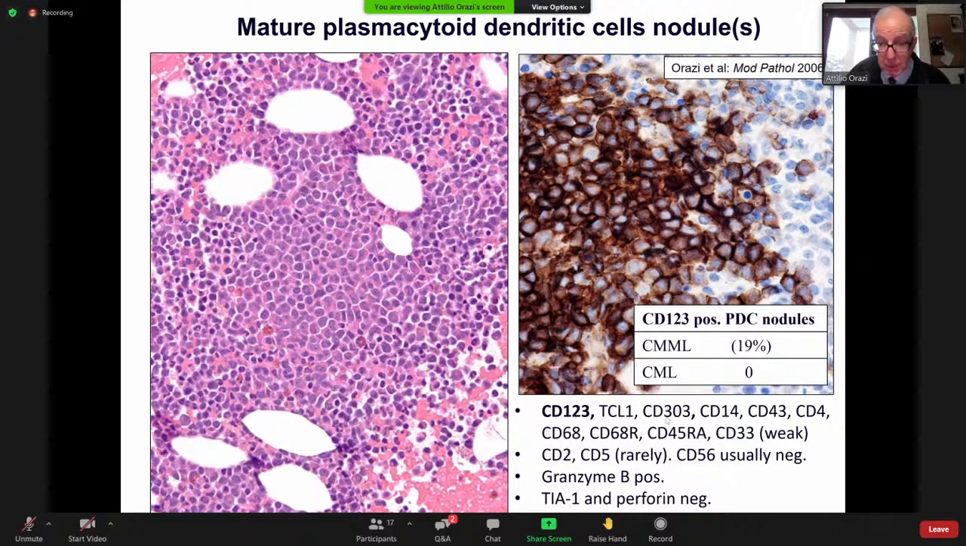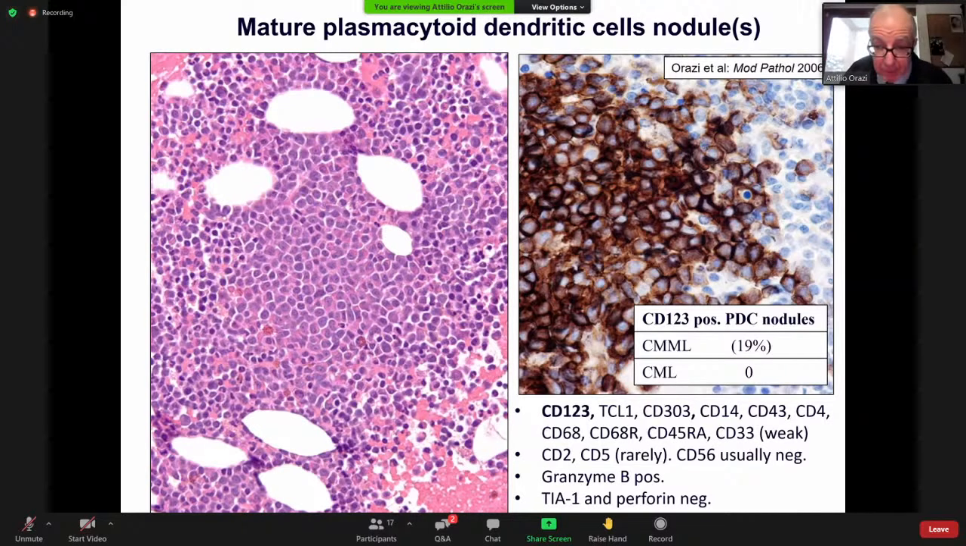By CD303, which nobody used, but is something that in Europe has been popularized. And also they express monocytic markers. So they got CD14, they got CD43, which is a myeloid marker, CD4, and there is a bunch of other antigens expressed. If you're concerned about the precursors, you want to rule out a blastic transformation into blastic plasmacytoid cell